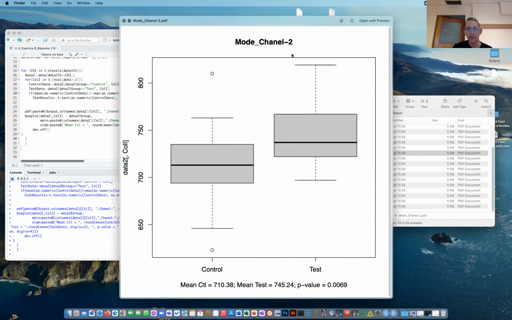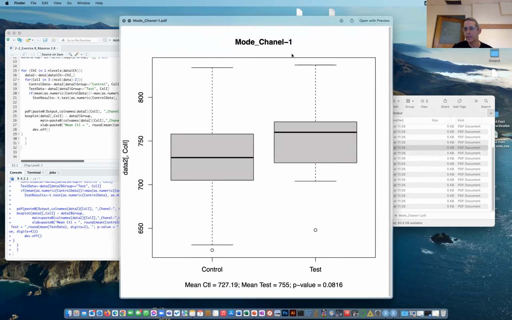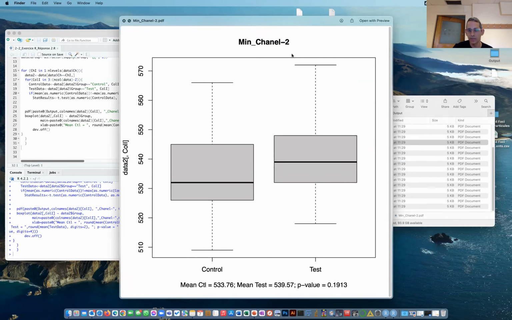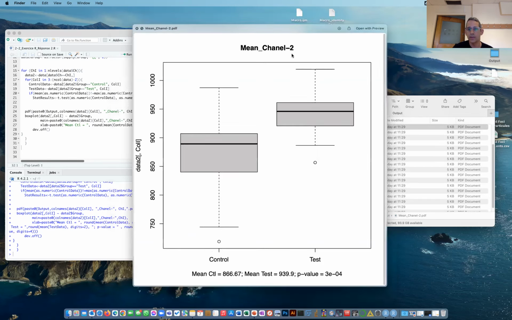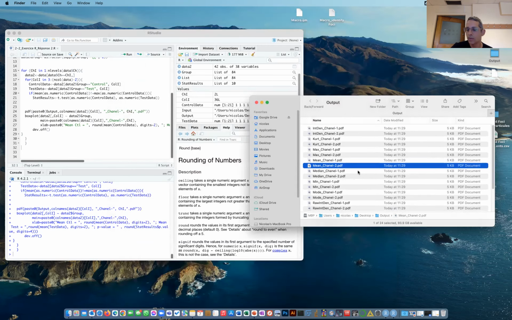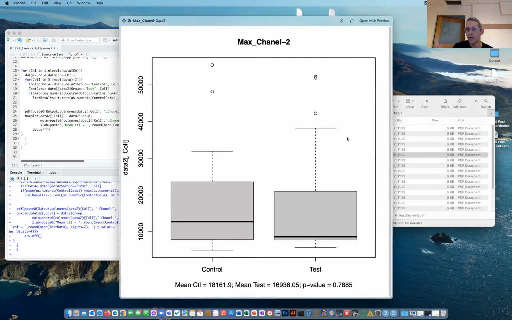I can also parse the data and look at the p-value. Here it's not significant. So this is the mode, how the intensity are spread into your channels or into your particles. And this is the mean intensity, and so on and so on. So this is a very easy way to look at data. But remember that this data comes from the full image mean. So we look at the full image. We don't look at individual cells. So we have a good idea of what's going on, but it's not really refined to a specific